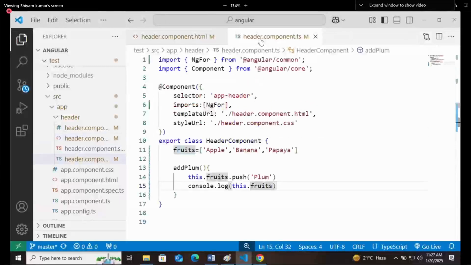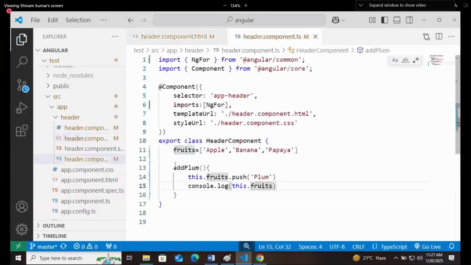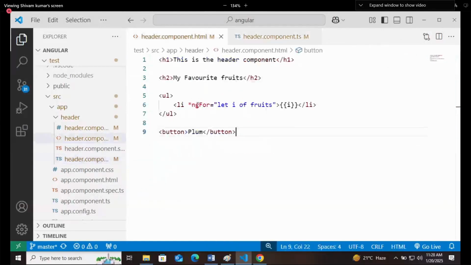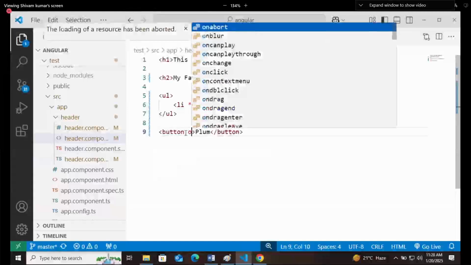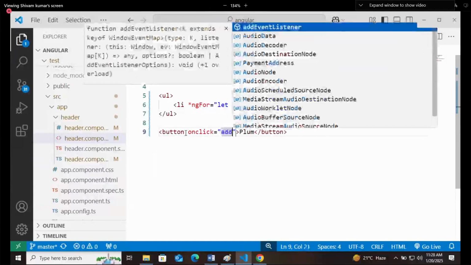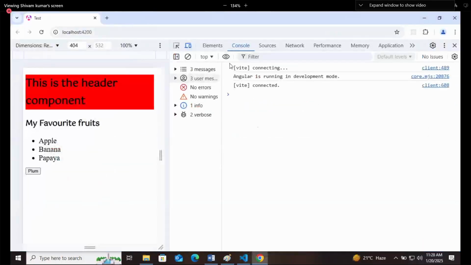Now what we want is, at first, let me remove this entire part. And from here also, I will remove this addPlum. First thing you should understand is that if you are directly attaching an onclick event to this, onclick equals, let's say, addPlum, and this addPlum is a function, first let's check if it's working in HTML.